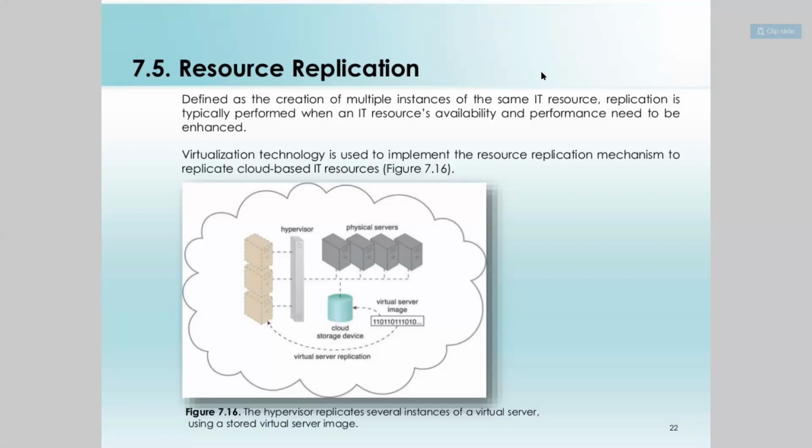Whenever you want to use resources at multiple places, what do we basically do? Rather than giving the reference of the original resource, we start creating a replica of that same resource, and then we try to connect with it. That is the technique used over the network to increase the availability and performance of the overall working of the services, because everything is over the cloud in cloud computing.